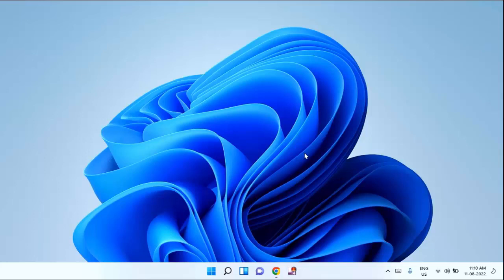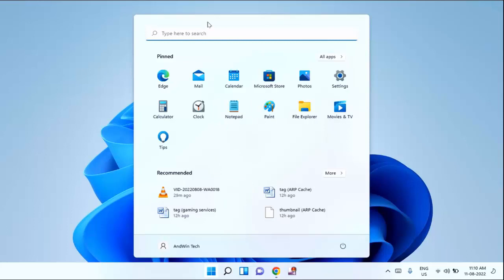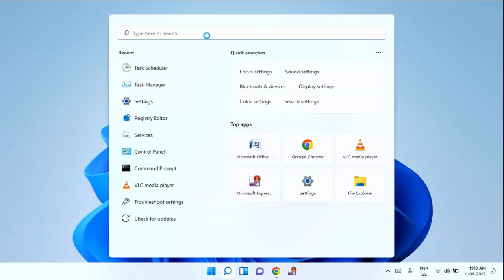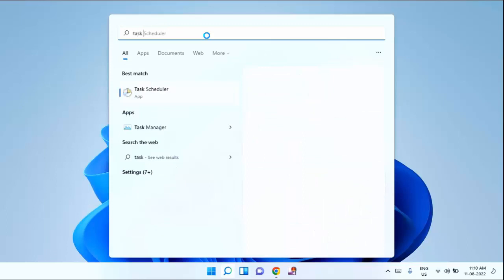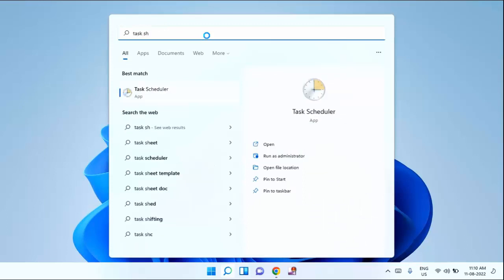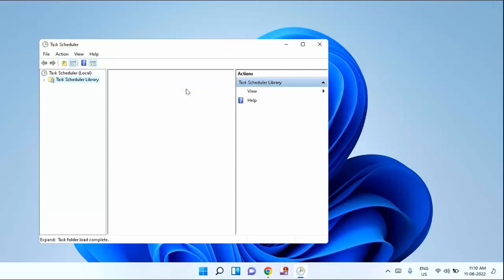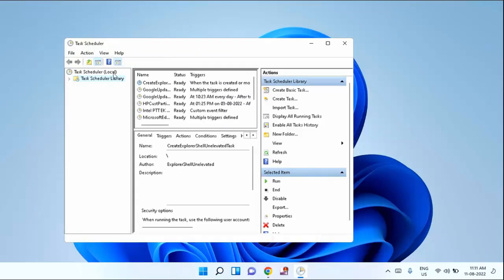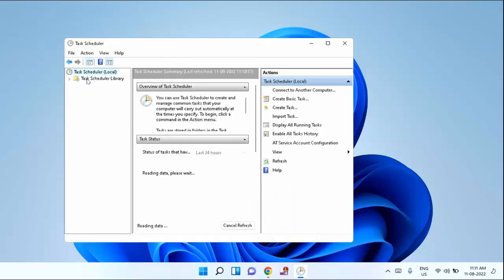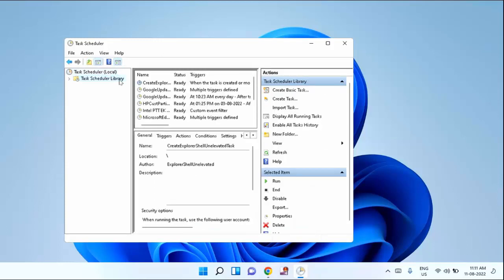Guys, if you want to enable or disable schedule tasks in your Windows 10 or 11, then I will show you how to do this. First of all, you need to click on Start menu. Then type here task schedule. You can see here task scheduler, just click on that. In this you can see second option, task scheduler library, just click on that